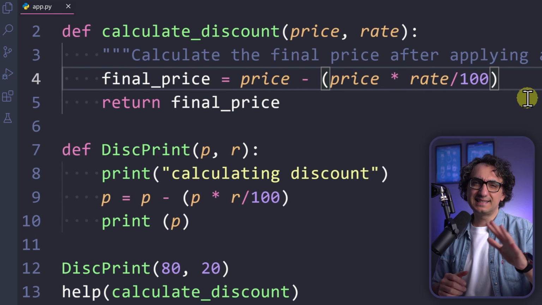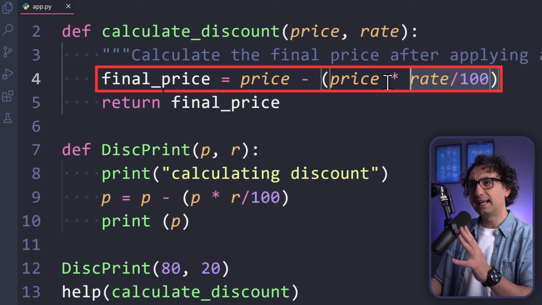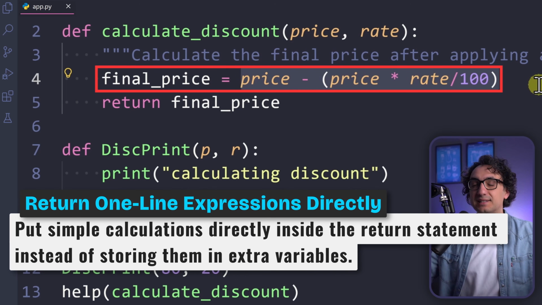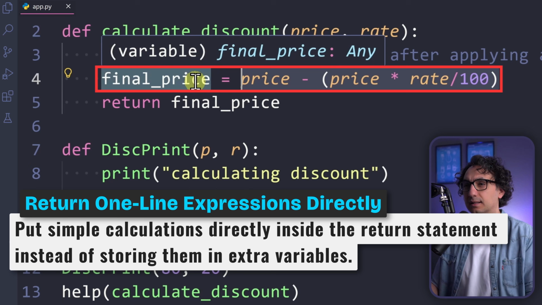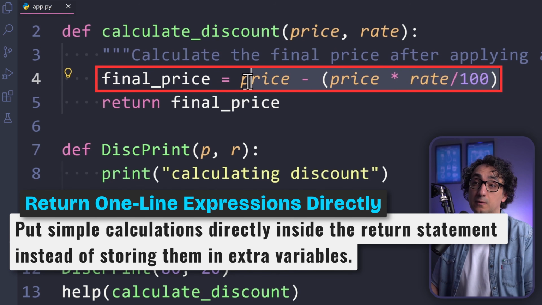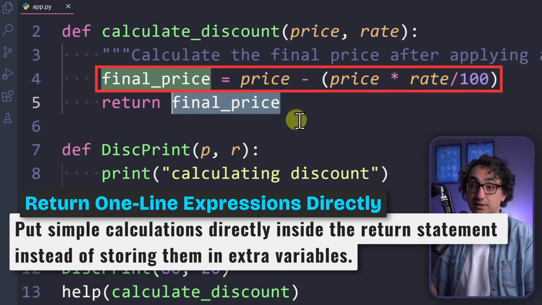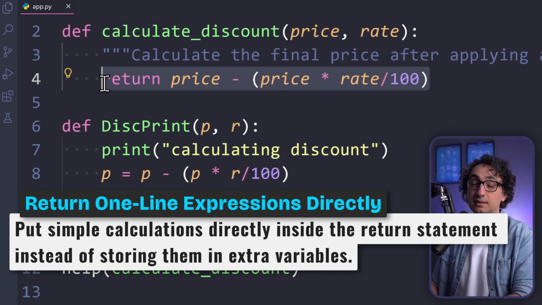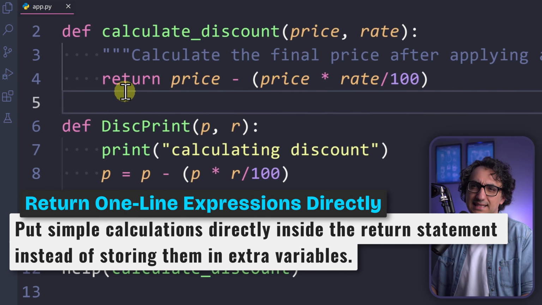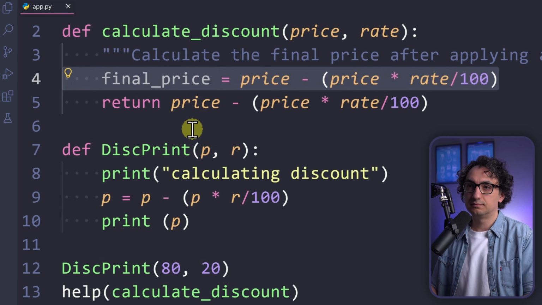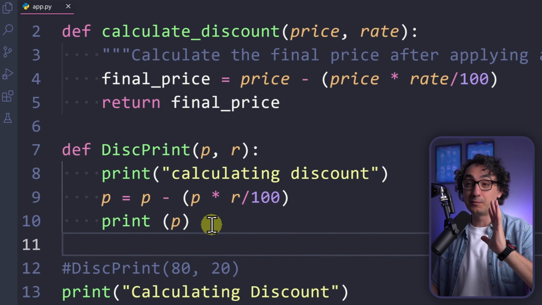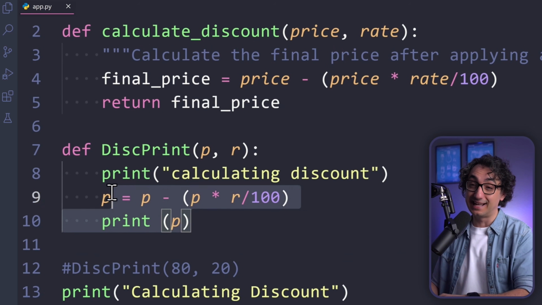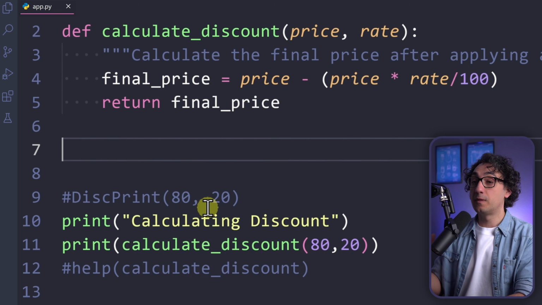Now the next one is not a rule, but if you have a one-line calculation like this and you don't have any extra steps inside it, you can skip using any assignment and local variable. You can put the whole thing as an expression inside the return. Our function is just one line together with the return. So I'm gonna say this is not a hard rule. It's okay if you use it like this or introduce a local variable for it. Now if you follow those rules, you are 80% professional in your code, because you have followed all the must rules.